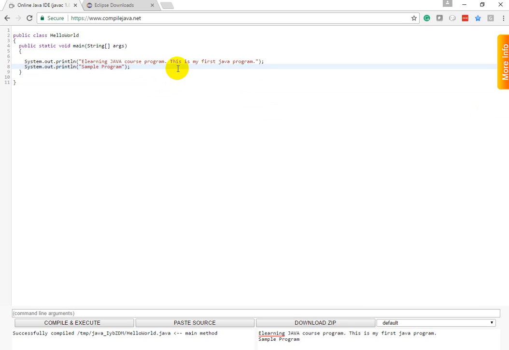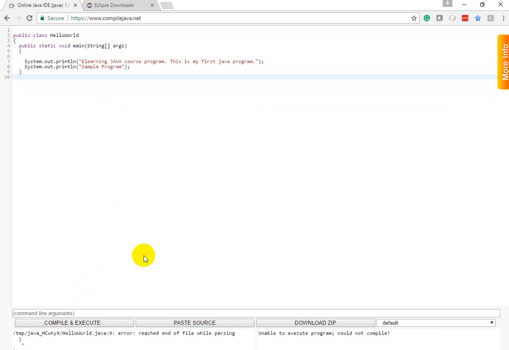Now let's say I make some syntax issues. If I don't have this, I would need the close parenthesis over here as well as for this one. Now if I just compile it, let's see the error. Unable to execute, could not compile. The reason is this is the online compiler, so it is showing us the errors like this. But if you are using Eclipse, it will show you the proper error place, that line number 10